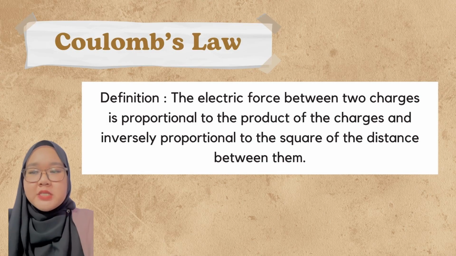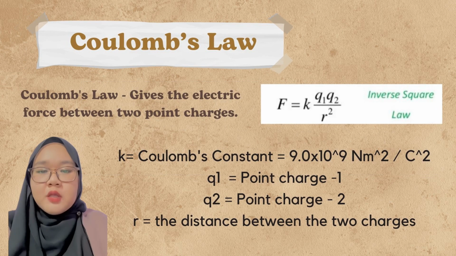Coulomb's law. The definition of Coulomb's law is that the electric force between two charges is proportional to the product of the charges and inversely proportional to the square of the distance between them. Coulomb's law can also be described as F equals k Q1 Q2 over r squared. Here, k is the Coulomb constant, which is 9.0 times 10 to the power of 9 newton meter squared per coulomb squared. Q1 is the charge on mass 1, Q2 is the charge on mass 2, and